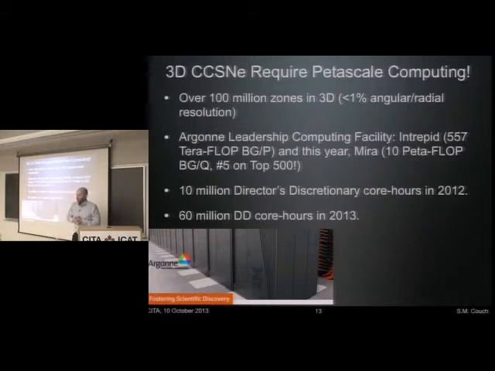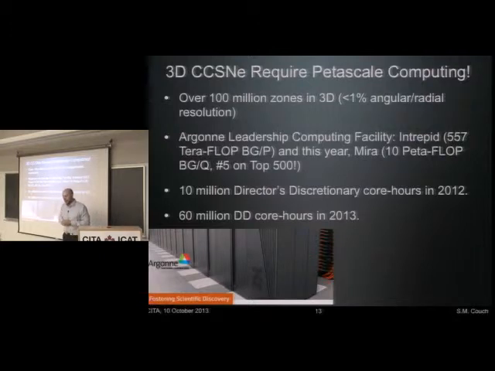So petascale computing, what do I mean by that? We're talking about 100 million zones or more in 3D, which isn't that much, really. The biggest simulations go well beyond that. But here we also have to take of order 500,000 to 1 million time steps because the Courant condition is so limiting. So these really are a lot of computational cost to go into these supercomputing calculations.